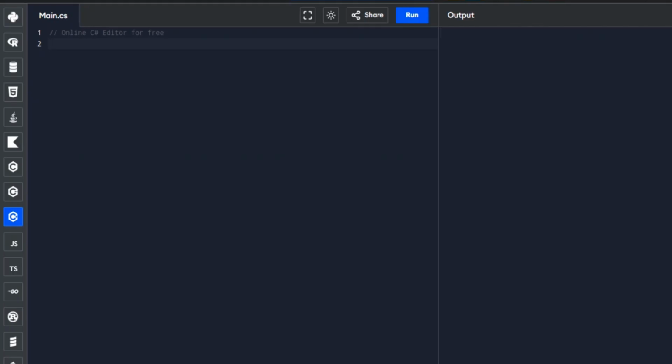So let us start. For us to start, we need to import the system library, which contains the console class used for output. So let's start with using System.